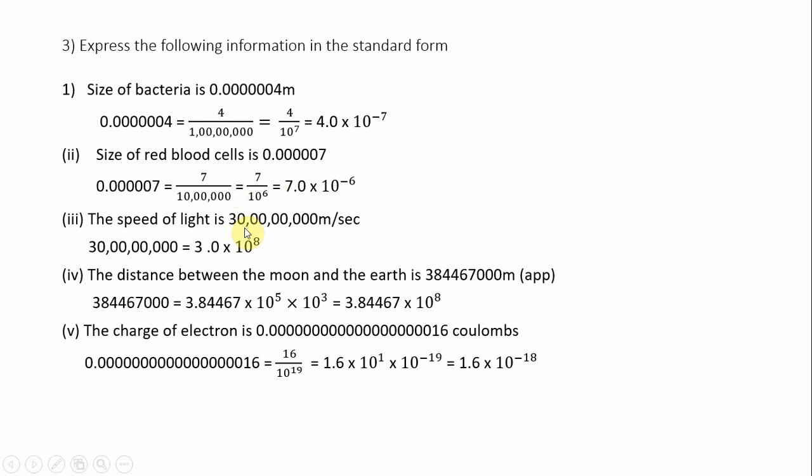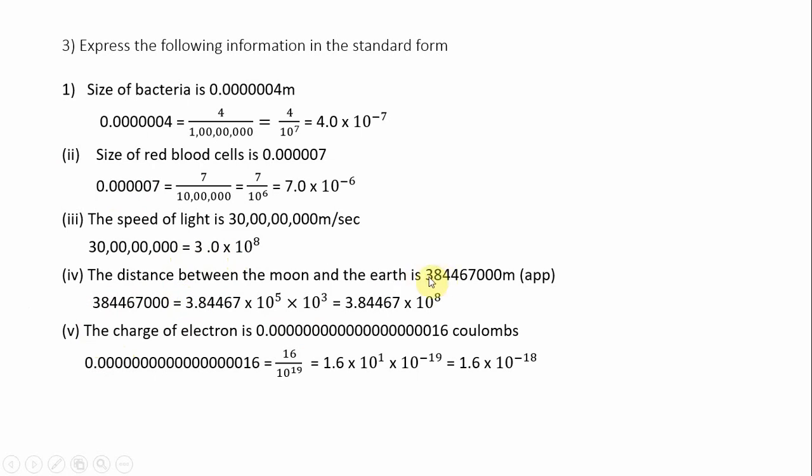Now the speed of light is given to you as 30 crores meters per second. Here, 30 crores is already in the usual form, so directly you can write it. The decimal numbers we converted into fractions, but as this is not a decimal number, we simply write all the zeros as powers. How many are there? 1, 2, 3, 4, 5, 6, 7, 8. So it is 3.0 into 10 to the power of 8. Directly we can write it. Understand? Whenever you have a usual number, we directly write it this way. Whenever you have a fraction, then the denominator comes into existence.